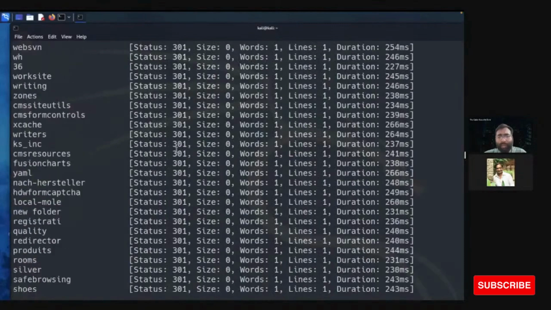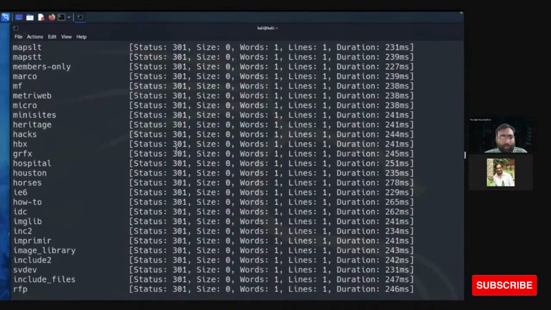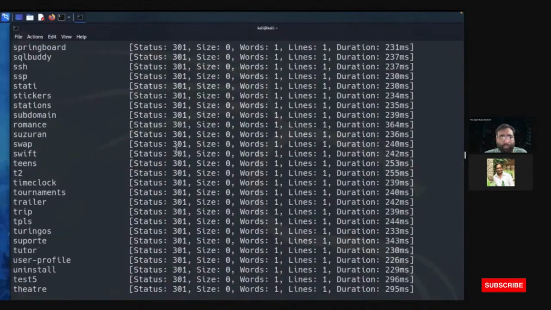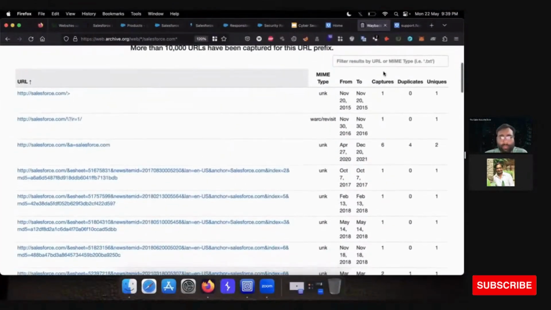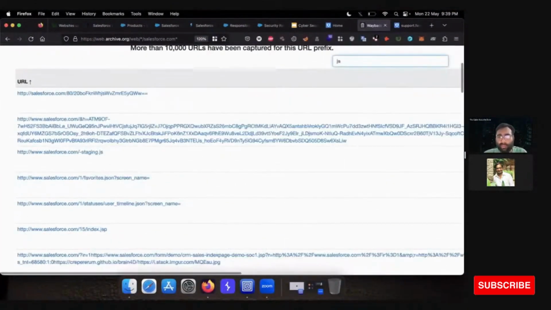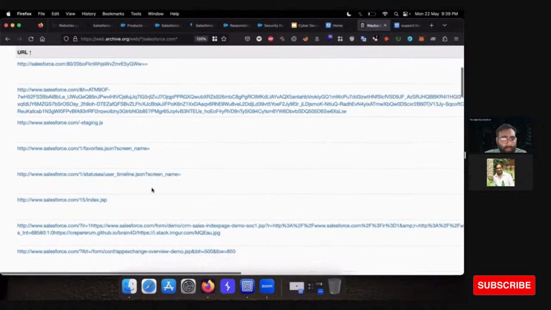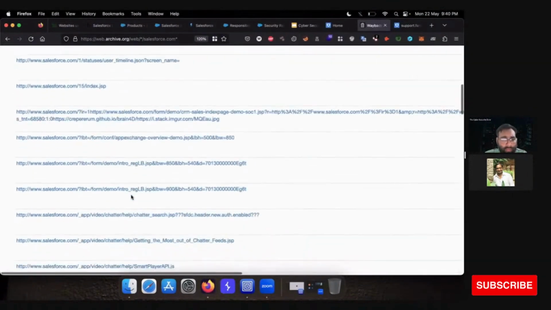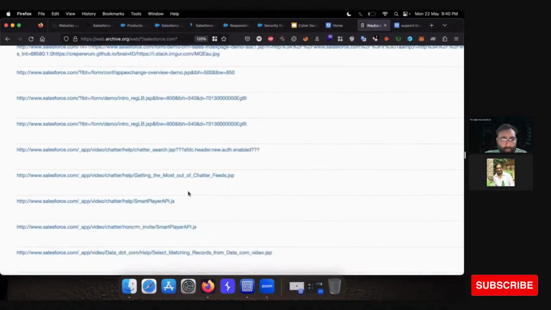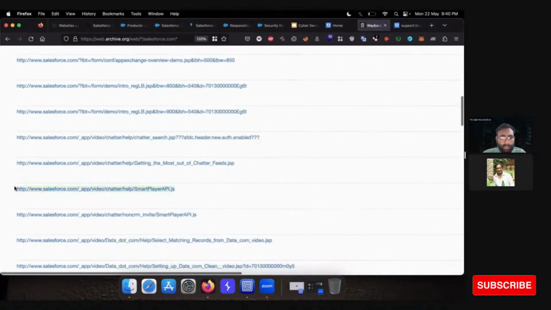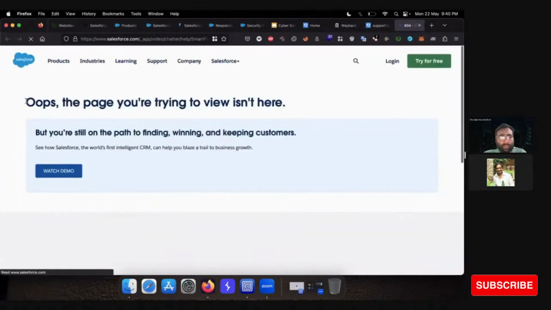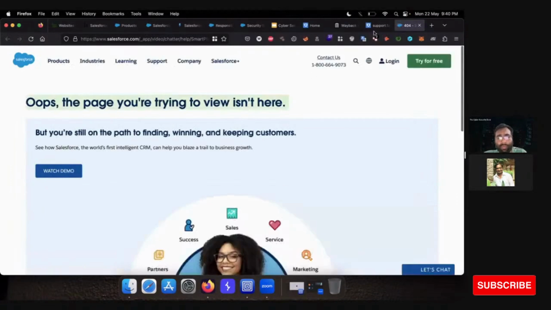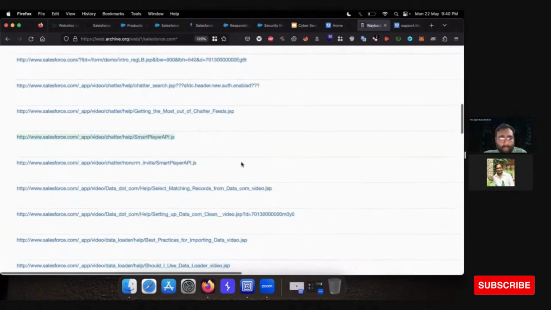We don't have any file from the fuzzing process. Let's find some JS files here. We have some JS files on Salesforce, like the smart player API. Let's open it. The page you are trying to view isn't here, so this is protected.